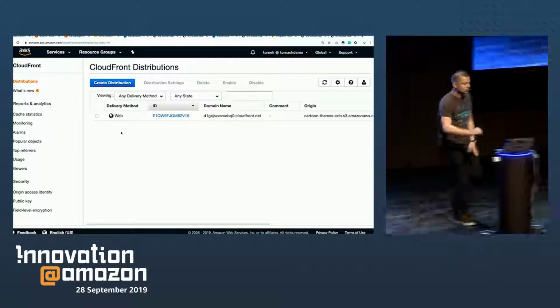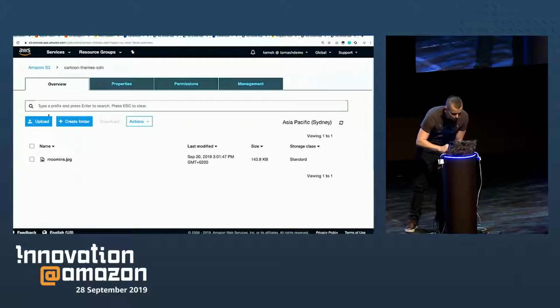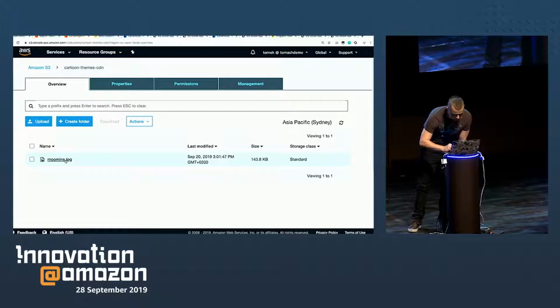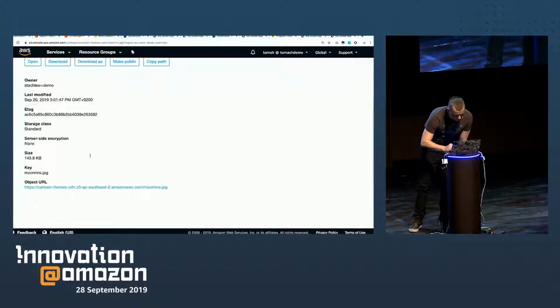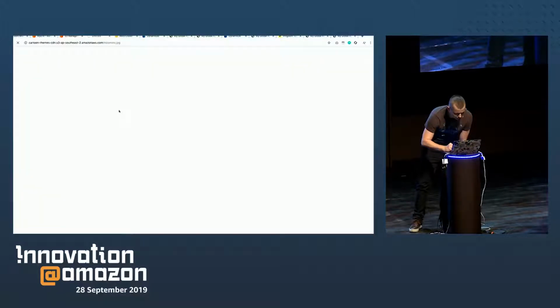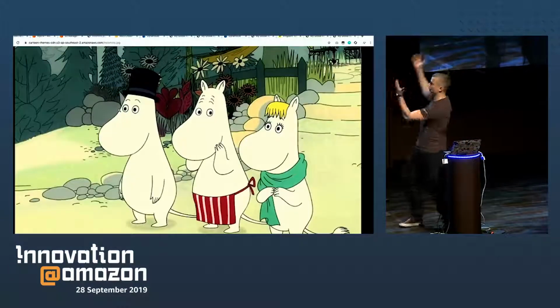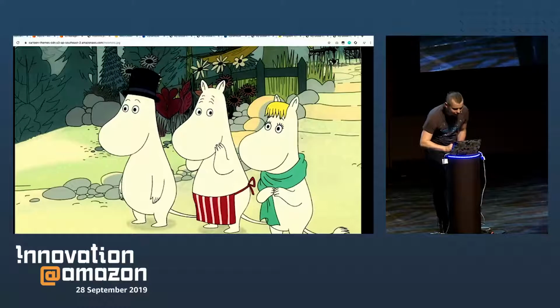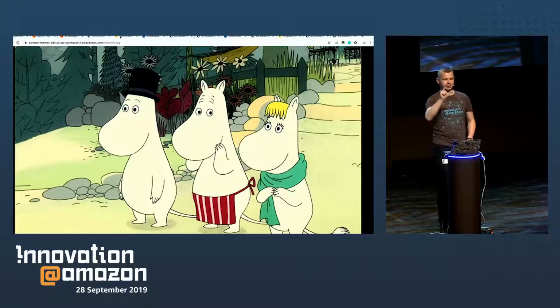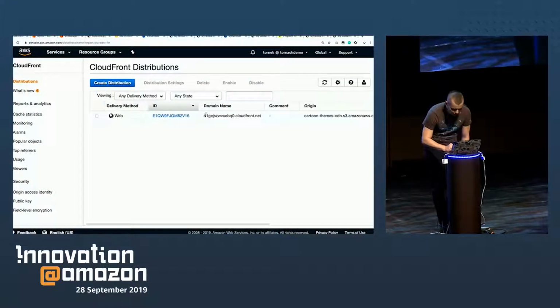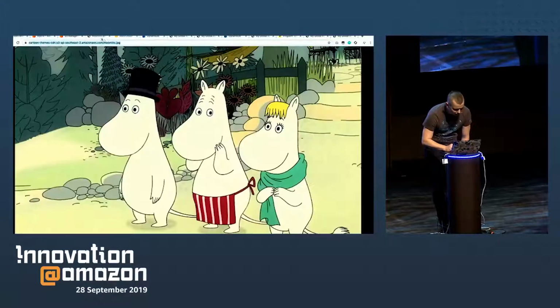So now, guys, if I will push, I forgot a picture there. Okay, let's use it. Why not? Guys, there is a link. If I will open the link, movies. But now, I could also access this image not using this link, which was provided by S3, but by the CloudFront link. And there is this domain name. If I will copy it, if I will change everything before the name,